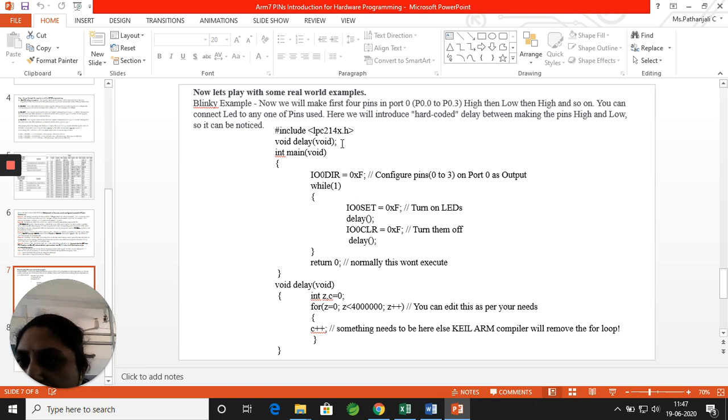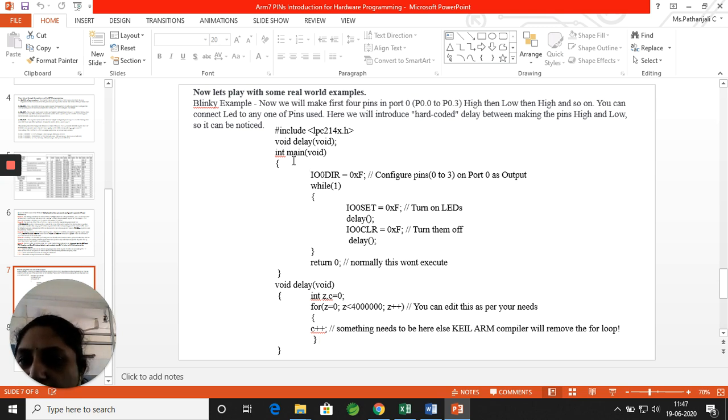And I'm calling a delay function, where inside my delay function I'm just using a for loop where I simply run the counter for some amount of time. I'm checking it as 40 lakh times it has to perform. It will be a minimum of 4 seconds delay.